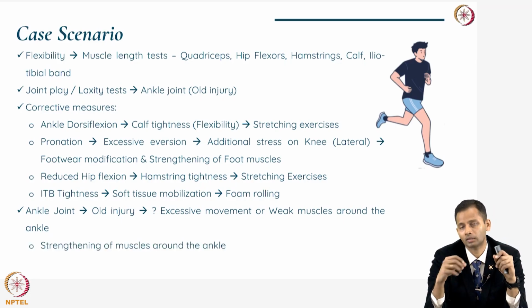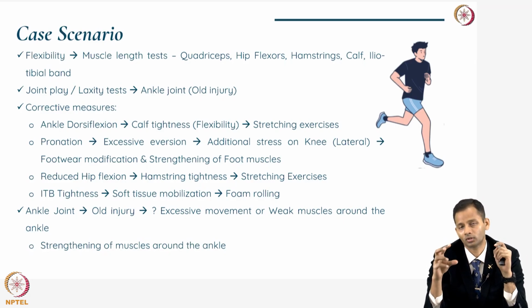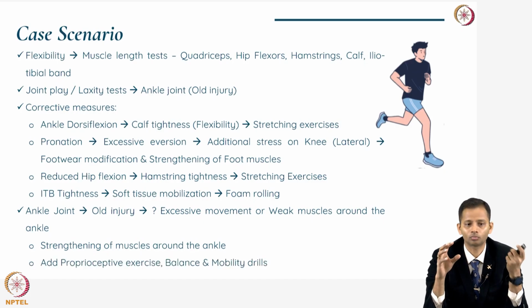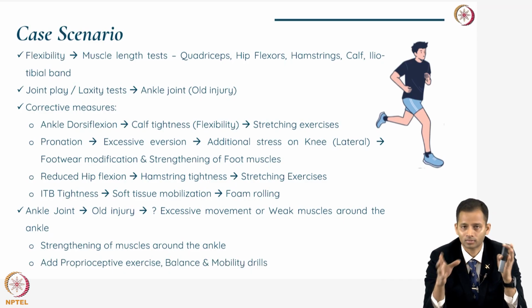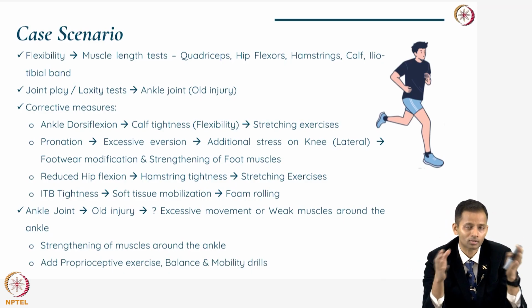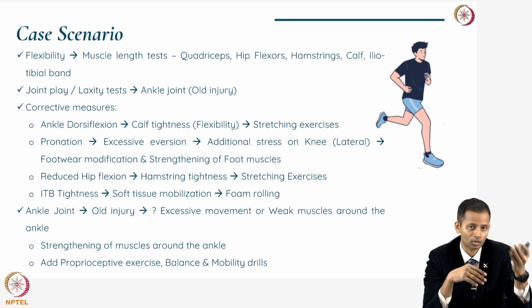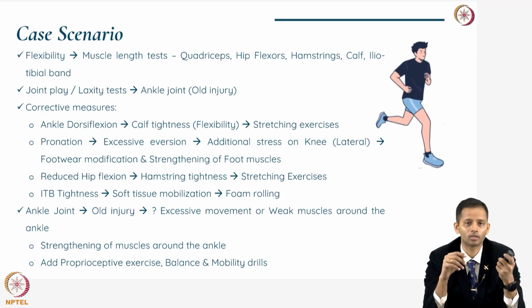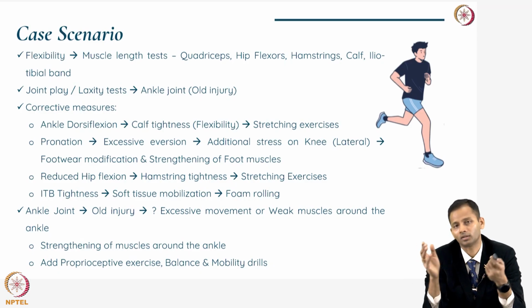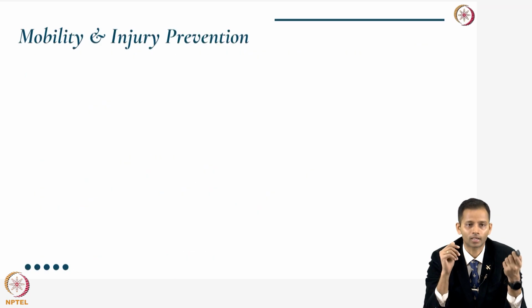An important aspect in ankle joint injuries is that the proprioceptors are also disrupted. So it is also important to address this proprioception as well. So proprioceptive exercises, balance and mobility drills. You can assess this using functional movement screening. That also gives an idea if there is restriction in the squatting, maybe because of the reduced ankle dorsiflexion. So giving corrective exercises can help in addressing this problem, identifying whether the problem is because of flexibility or mobility and targeting the identified problem. So that gives a good heal as well.